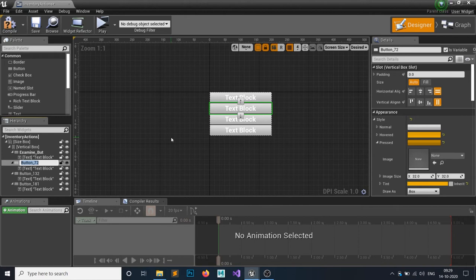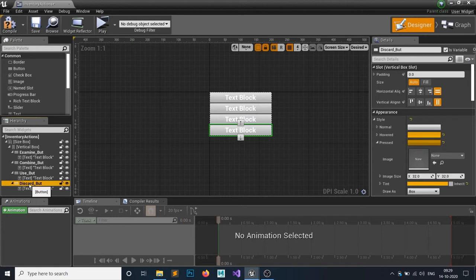Second button would be your combine, so combine underscore button. Third button would be your use item, so use underscore button. And the fourth button would be your discard. So if you want to discard the item, then this one.